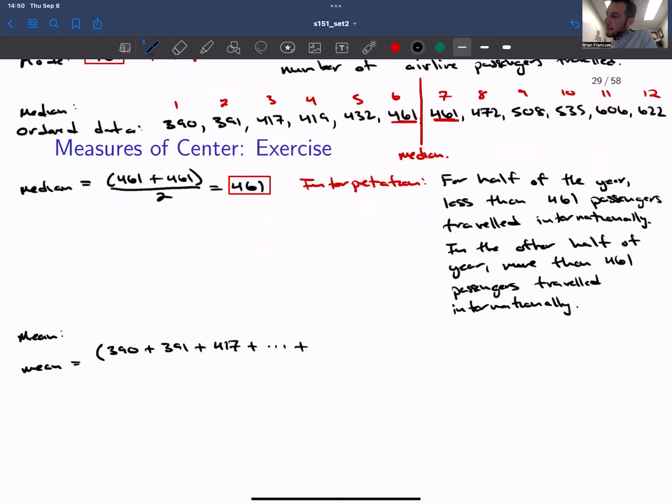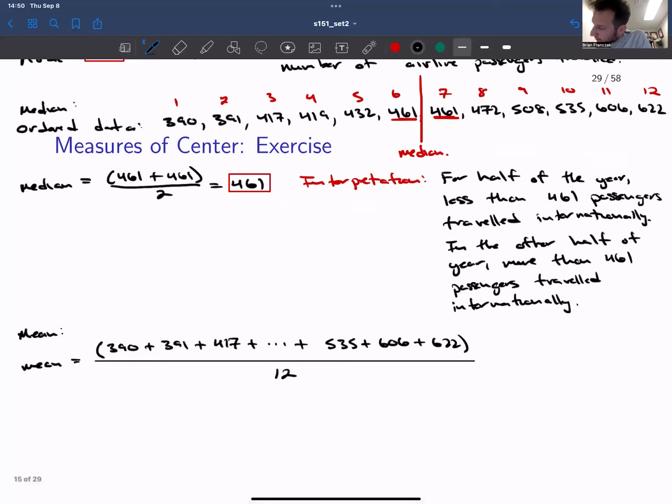So we're going to keep adding across all the values in the data set, plus 535, plus 606, plus 622. Right? And then we're going to divide by 12. So we've added the 12 values that we have together. We're dividing by 12. This gives us